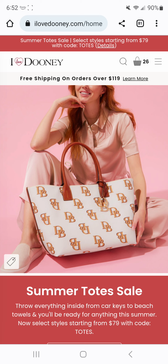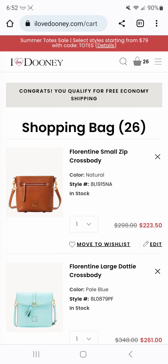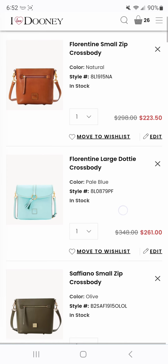As you can see, I have a pretty robust cart for this week, but we are having a summer totes sale on ILD, and you know totes are my absolute jam, so anticipate a big cart. So the first thing I want to point out is these Florentine, the small zip crossbody,